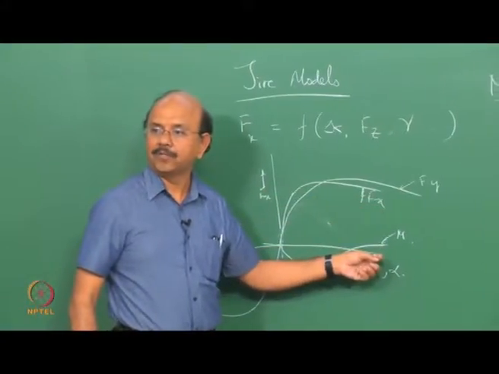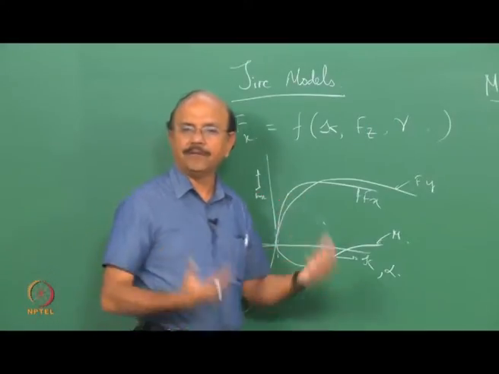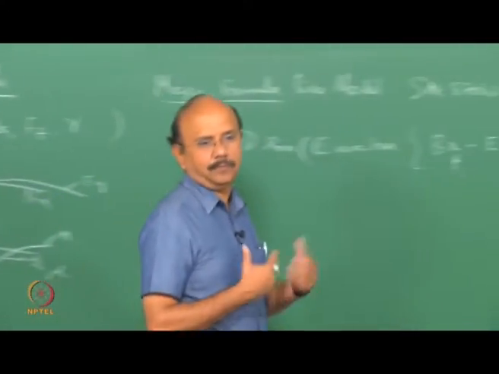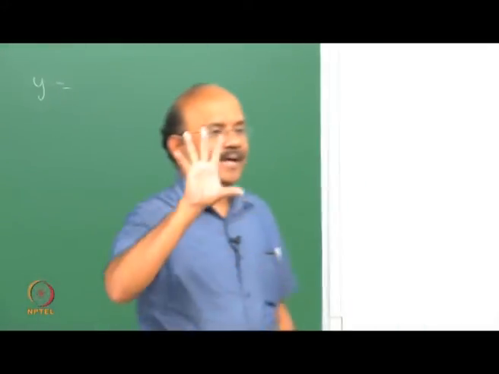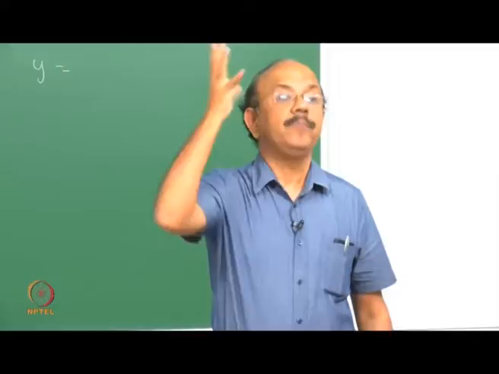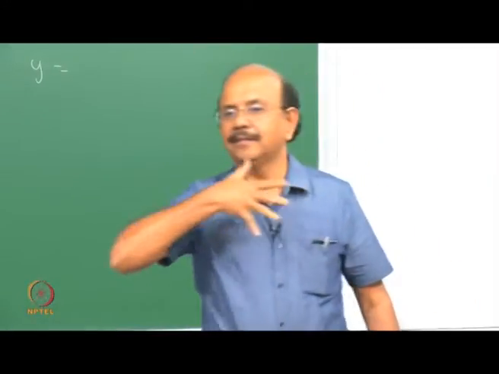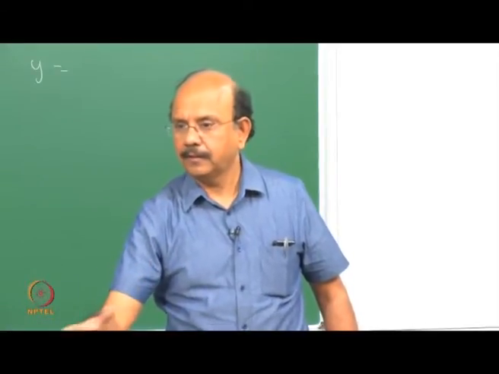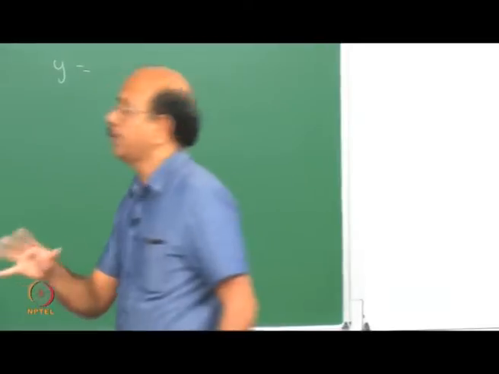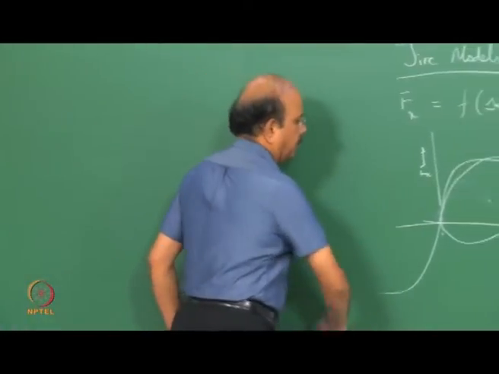Where am I going to develop this? In other words, it also tells me whether I'm going to have the wheel spinning or locking and all those things. So that equation has more meaning when I combine it with the interaction with the road. Clear? Suppose, just to make the point very easy to understand, let me remove all this.